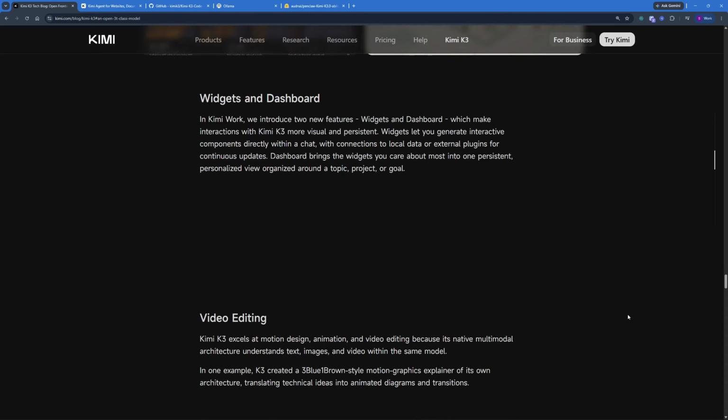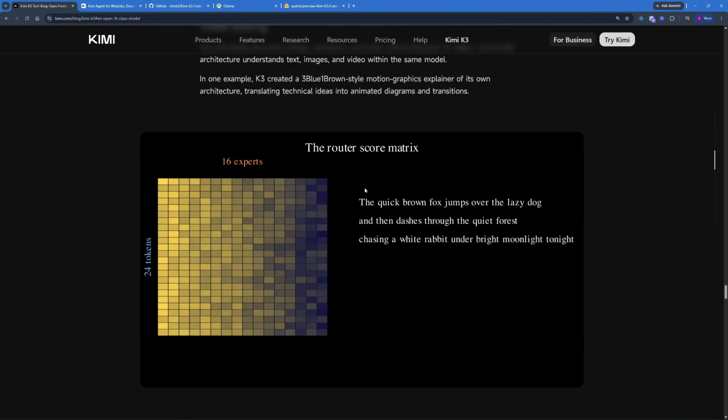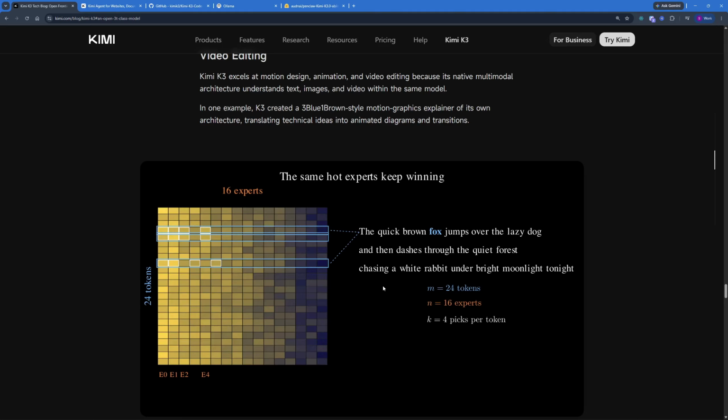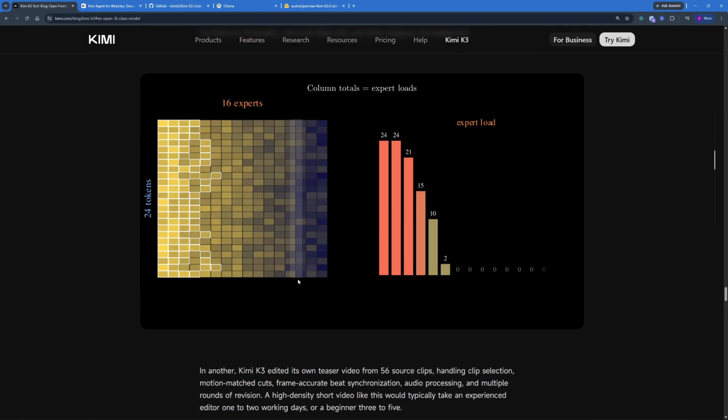Now, the last demo I want to talk about is the video editing demo, which is right over here. So with the help of Kimi K3, you can go ahead and do motion design, animations, and video editing because of its native multimodal architecture, which means that basically Moonshot's Kimi K3 is a mixture of experts model, but now it has a massive agent swarm. So it's going to assign 16 experts on a certain task, and this means that you can assign multiple experts to the same task, and this is a visualization of how these 16 experts actually distribute